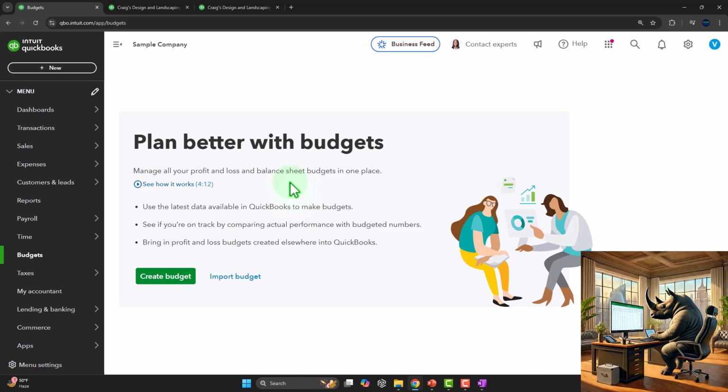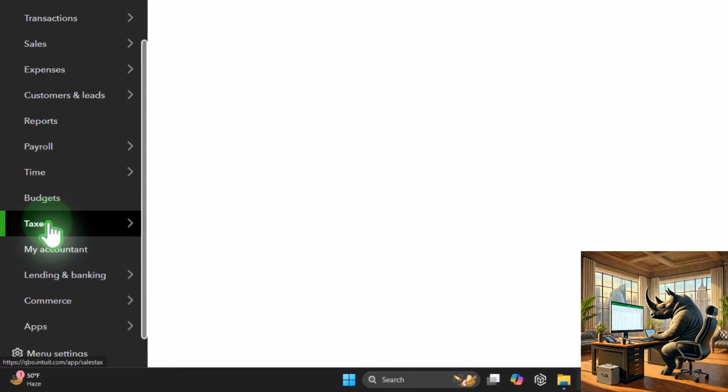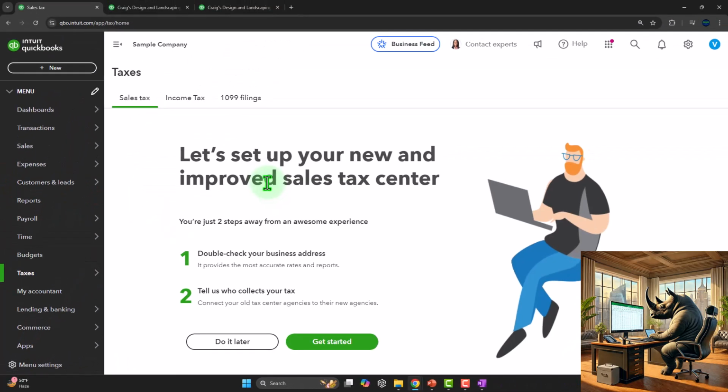Plan better and budget. Manage all your profit and loss, balance sheet, budgets in one place. So we'll talk a little bit more about budgeting later. Budgeting is something you would need to do with the help of management, because management is the one that's going to basically tell you what changes are going to be made in the future, typically. But we can put together a budget and then project what's going to happen in the future. And then QuickBooks is great about running reports comparing what we budgeted to happen to what actually happened as time